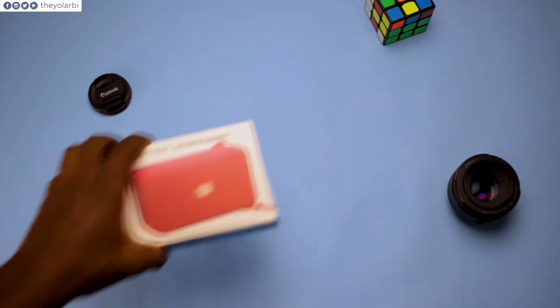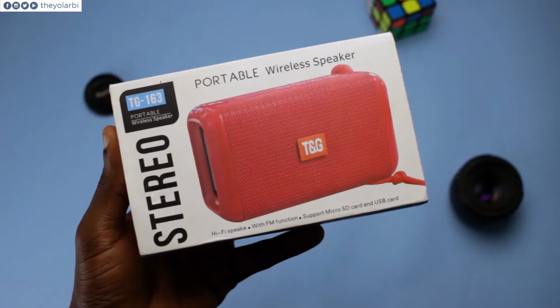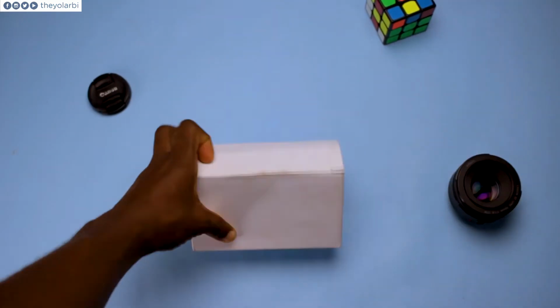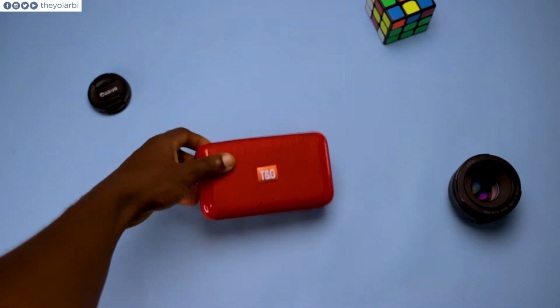If you buy one of these, this is what you are going to get. Coming from a graphic designer's point of view, they are not doing a great job with the packaging. I see different fonts all over. Opening up the box, we have the micro USB cable, the wireless speaker itself, and the user manual, which you